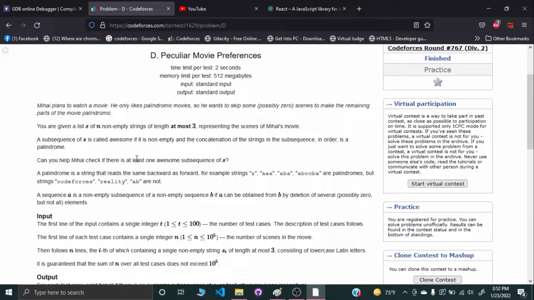If I could make that somehow, then the answer would be yes. Otherwise, if there is no way that you could possibly make it, then the answer is no.